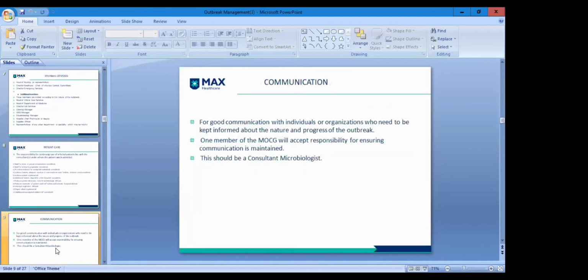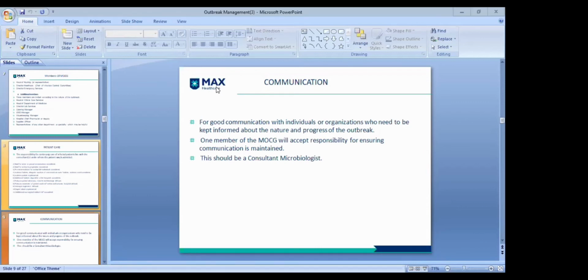Then communication was very important. Since we did not have visitors in our places, the communication to the patients' families needed to be done, and they could talk to their patients who were inside the hospital setup, and learn the progress of the patient, how the patient is doing, when the patient will be discharged. These are the communication lines. In triage and our critical areas, we had monitors where they could see our patients, and in between they could talk along with our doctors. This is how the communication system was enhanced according to the need of COVID.